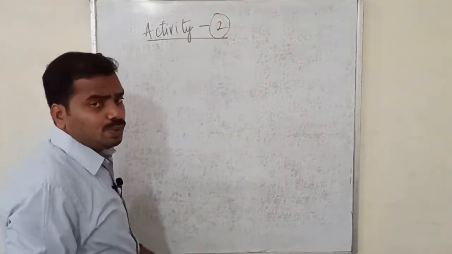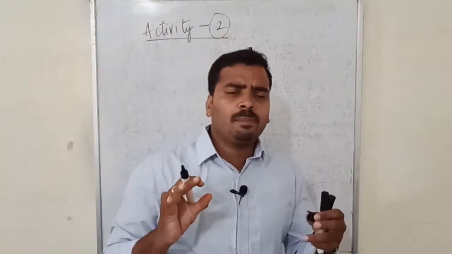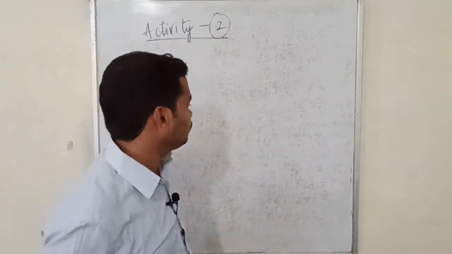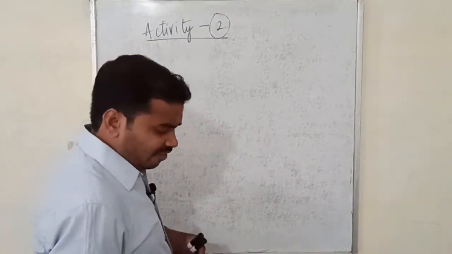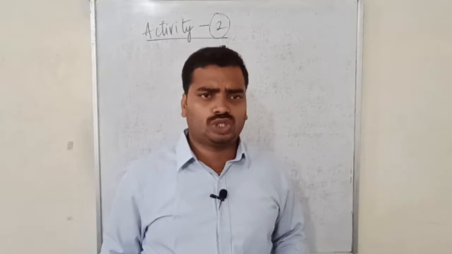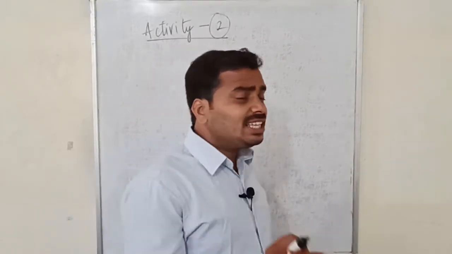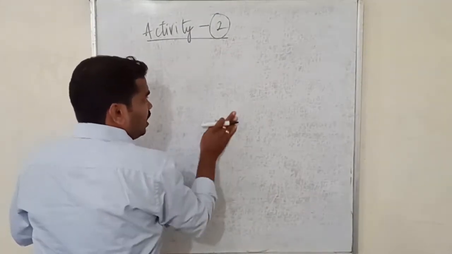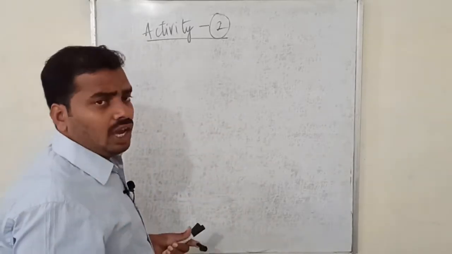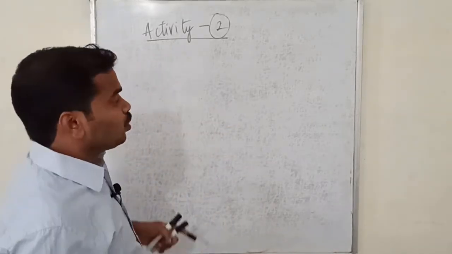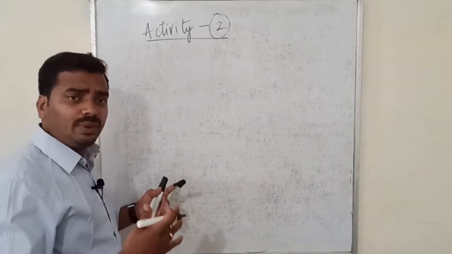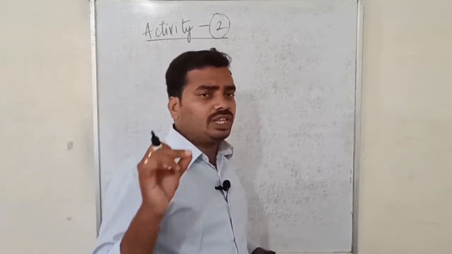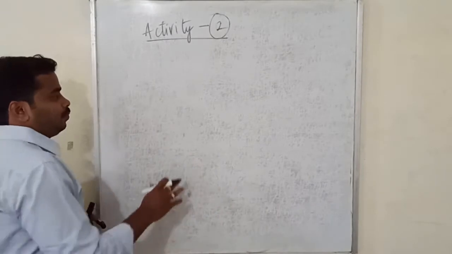This is activity 2 which we are going to discuss now. One of the most important reactions, the double displacement reaction. In activity 2, first of all, we have to make 2 different solutions. One is sodium sulfate, the other is barium chloride. It's very easy. If you know the ions which were discussed in class 9 of your physical sciences, you can write the names of the compounds very easily by using the crisscross method. So go through page number 111 in your physical science book of class 9 state syllabus.